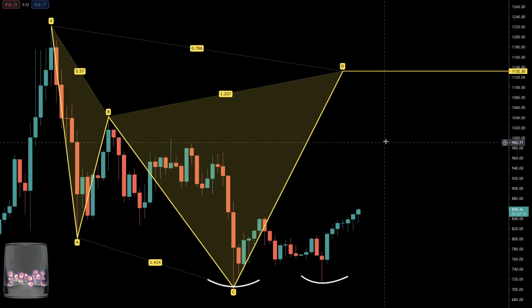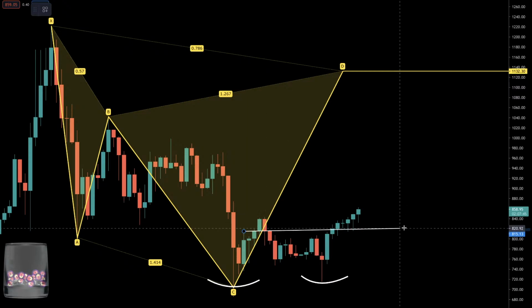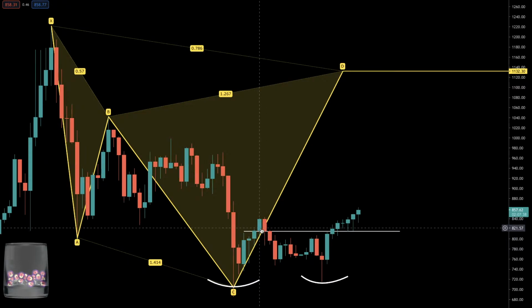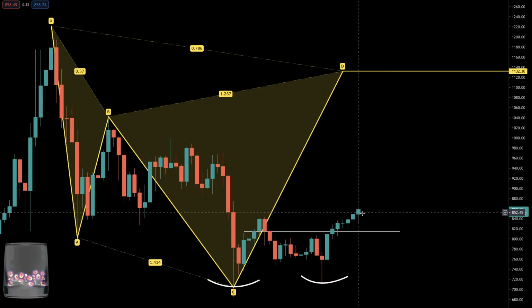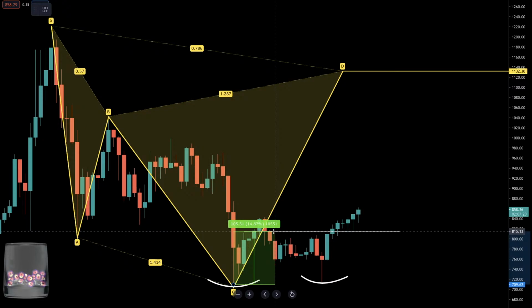You can clearly see here that you basically painted some resistance that was once resistance. You broke and tried to hold it, failed, and then came and butted up against it again, broke through it, backtested it, held it, regarded it as support, and now you're running, guys. This is the break, the hook, the go on the low time frame. Bukowski double bottom measured move of the structure would say take the low,